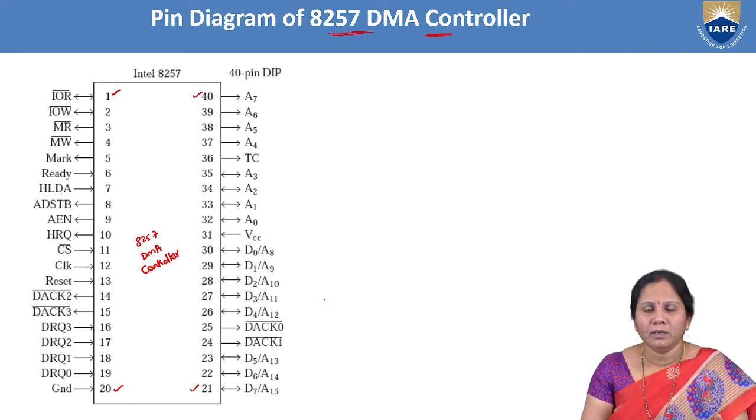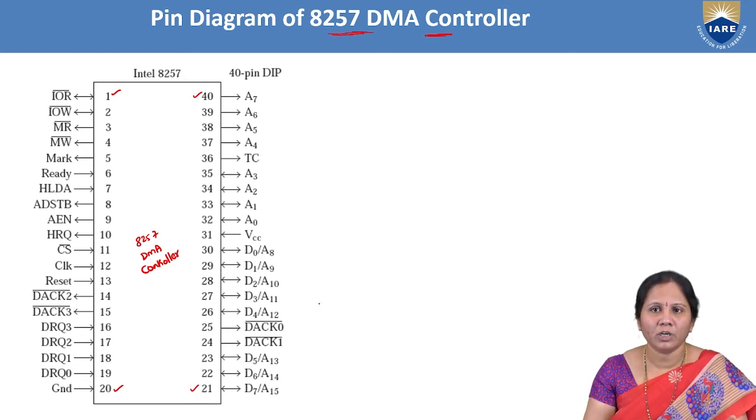So generally in the features we have seen that 4 channels are there, so 4 IO devices can be connected. The IO device performs data transfer between main memory and IO devices by using the DMA request and DMA acknowledgement signals. If there is only one peripheral device, it can use only one channel. But if there are 4 channels, 4 IO devices can be connected. Each IO device has its own DMA request and DMA acknowledgement signals.